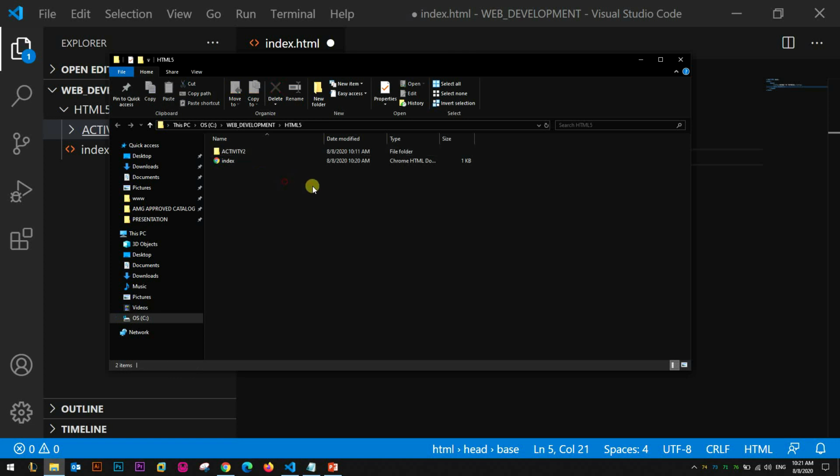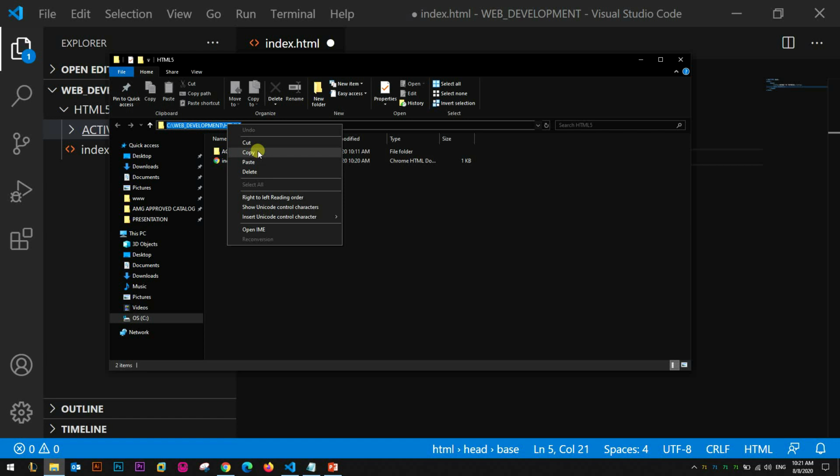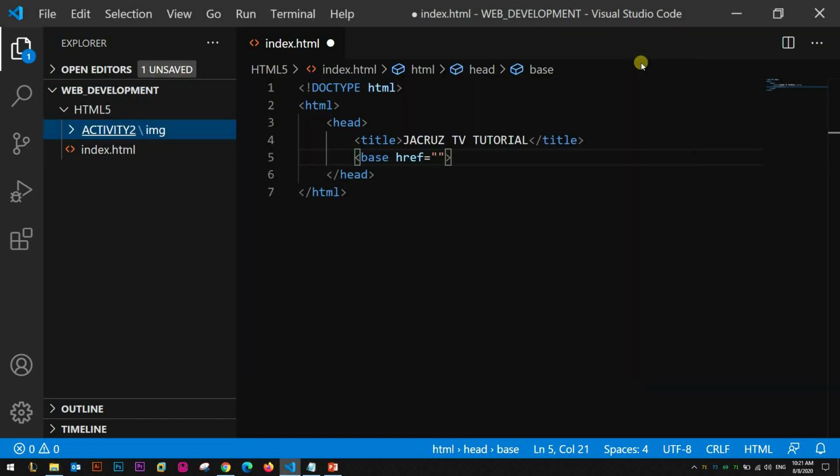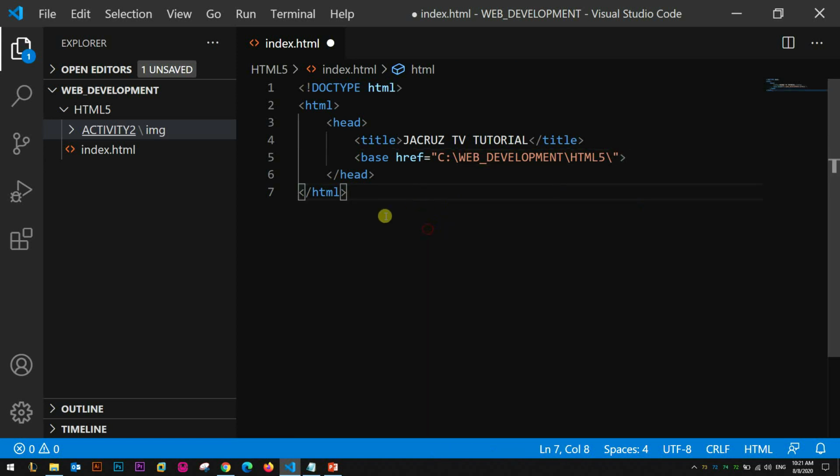So I am inside now. I have this directory, guys. So what I will do is highlight this one, right click, and then copy, return to your base element, and then paste the directory, and then put another backslash,